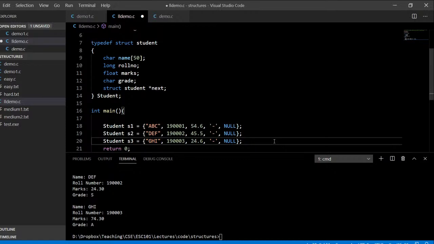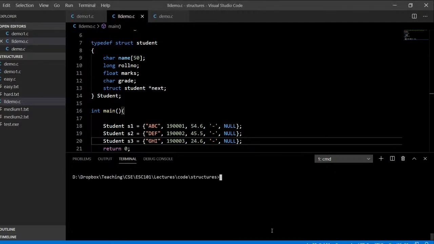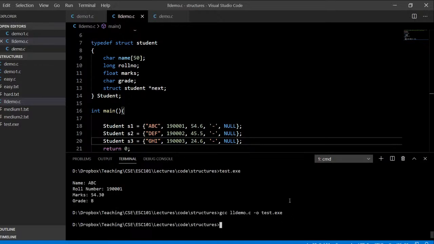This is when you have to link them, otherwise you don't really have a linked list. So one way to do this, let me first compile this. gcc ll-demo.c -o test.exe. It compiles,